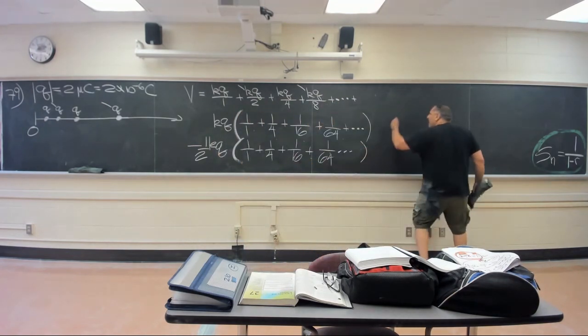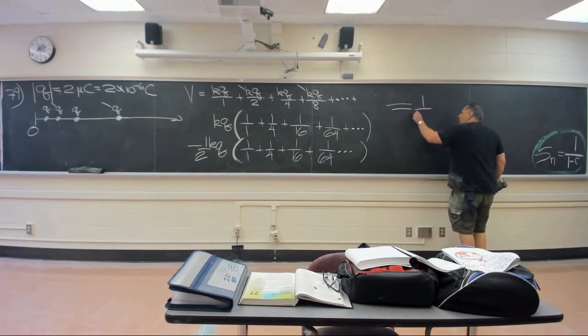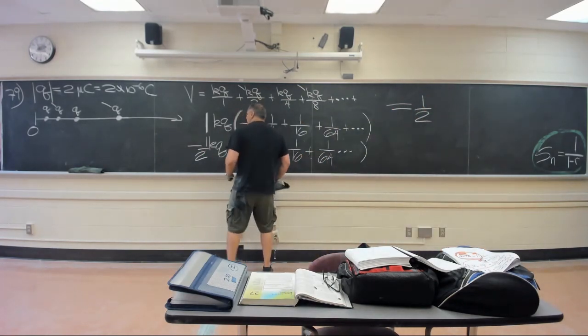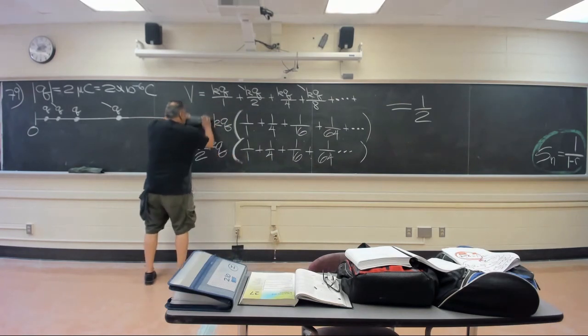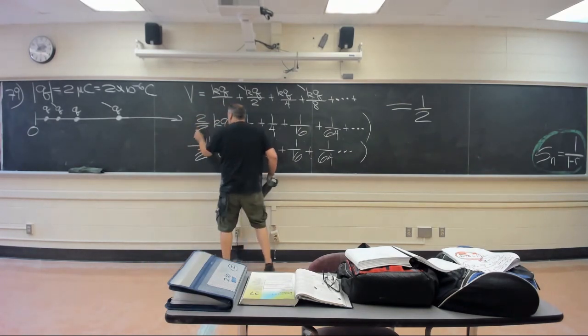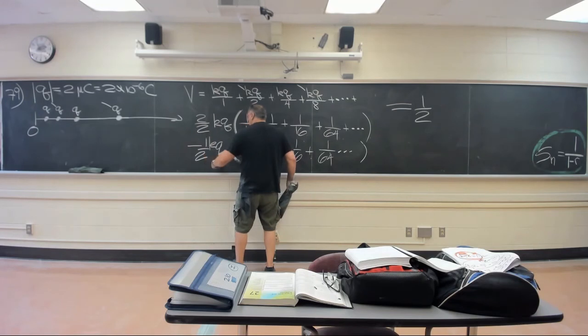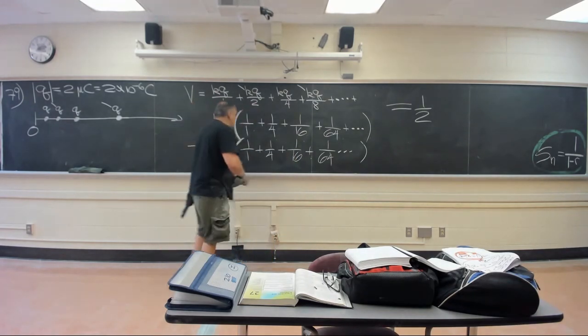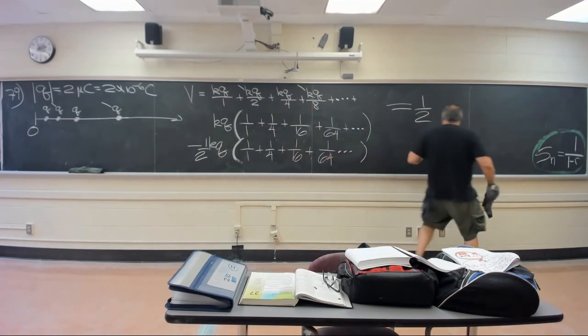This thing right here equals 1/2. This is a whole thing. It's 2 over 2. 2 over 2 minus 1 over 2 is 1/2. It's 1/2